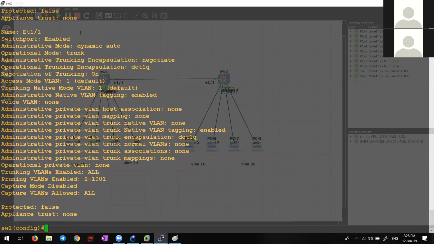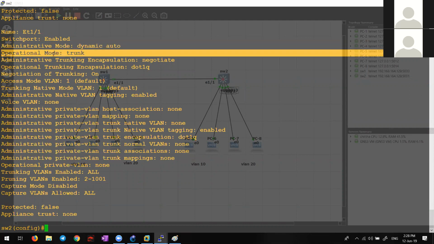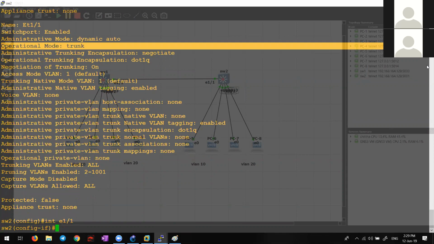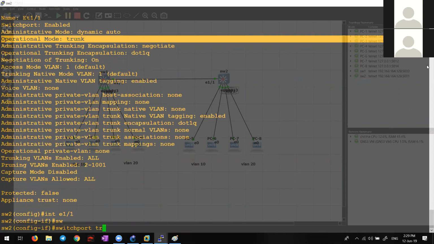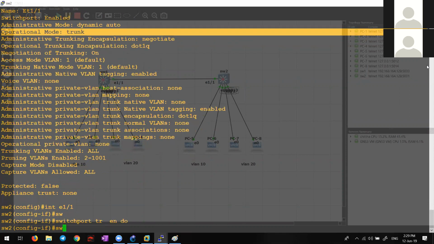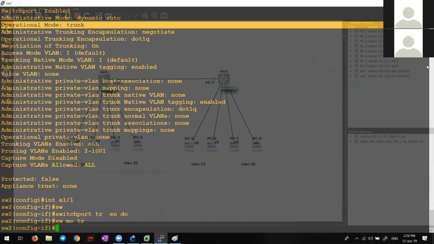Now in the same way, E1/1 administrative mode is dynamic auto, and operational mode is right now trunk because it has negotiated. If it is not negotiated, the operational mode will be static access. Now I have to make sure this interface E1/1 in switch 2 will also be administratively and operationally trunk. So switchport trunk encapsulation dot1q, switchport mode trunk.